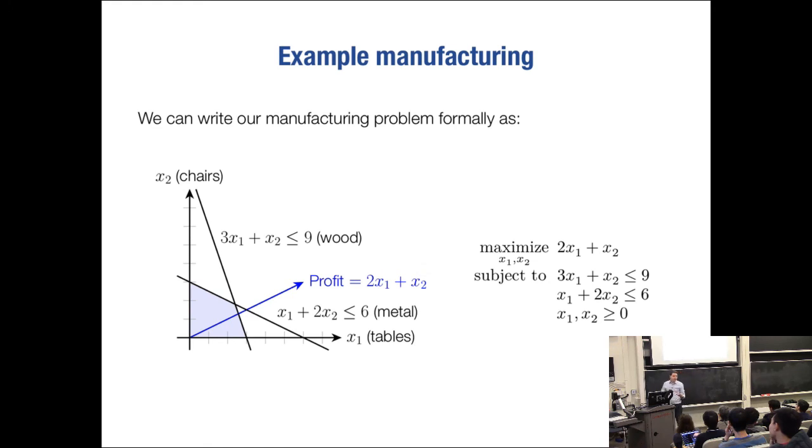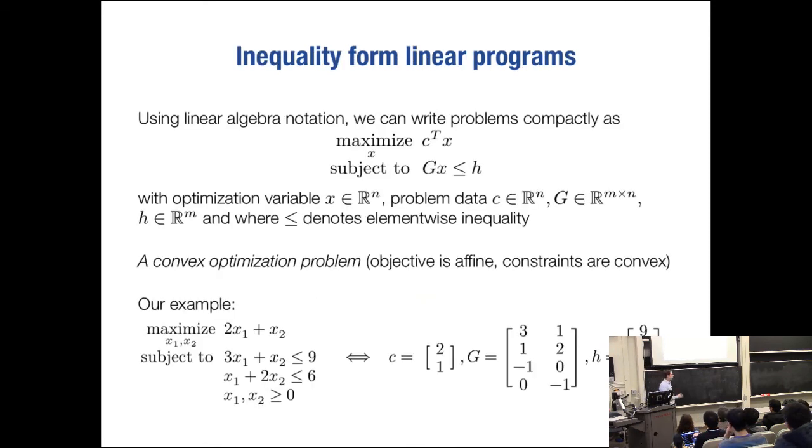What makes it a linear program is that both the objective and the constraints are linear. And we can generalize this. This is a very simple form here. It's also intuitive, and it's good because you can see the variables individually. But if you have hundreds of variables, it isn't very practical to write it out like this. So what we can do is write these problems in a more compact form that uses linear algebra notation. And we're going to write these as